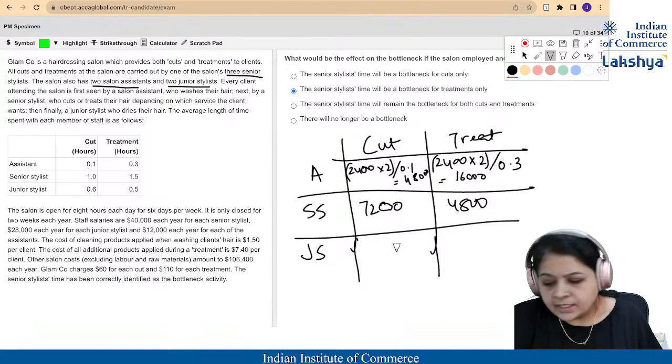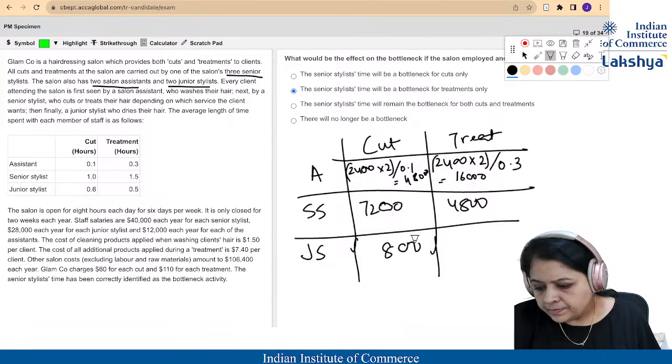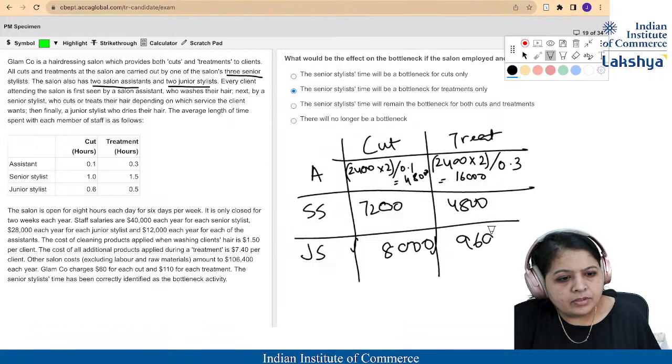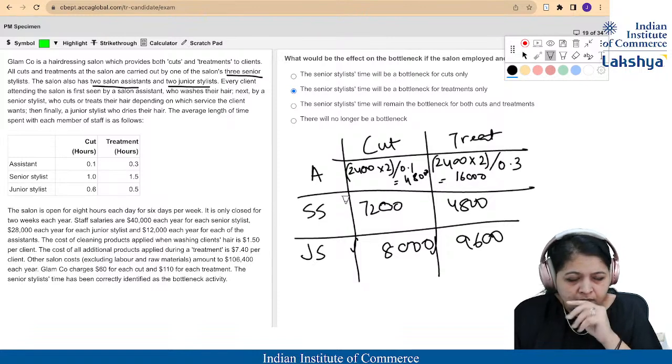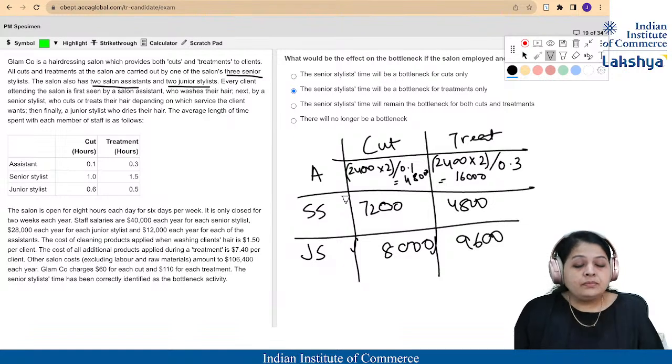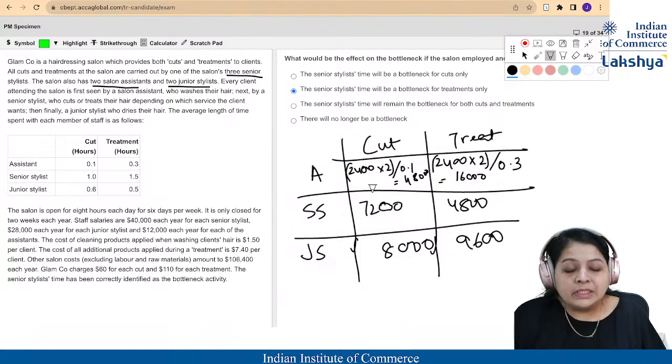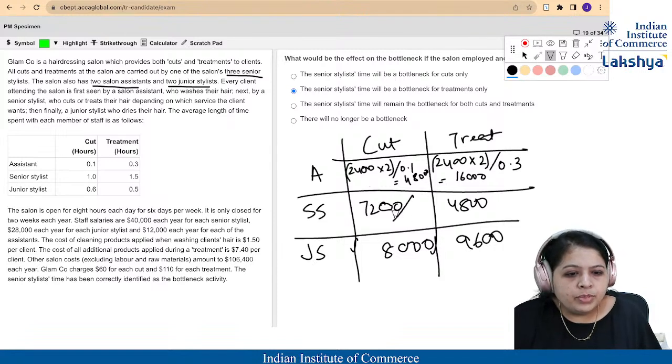And the junior stylist is 8,000, 9,600. Now, if the amount of senior stylist increases by one, right? So this value becomes